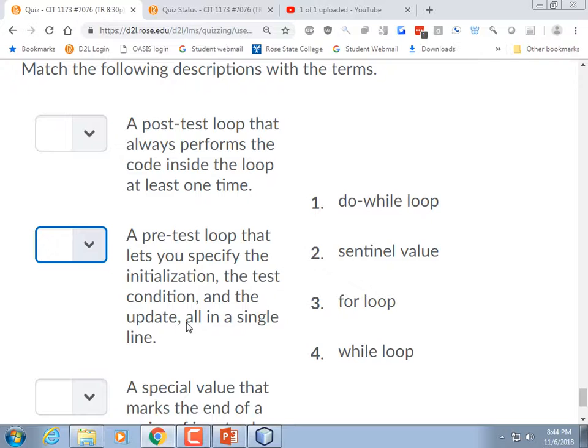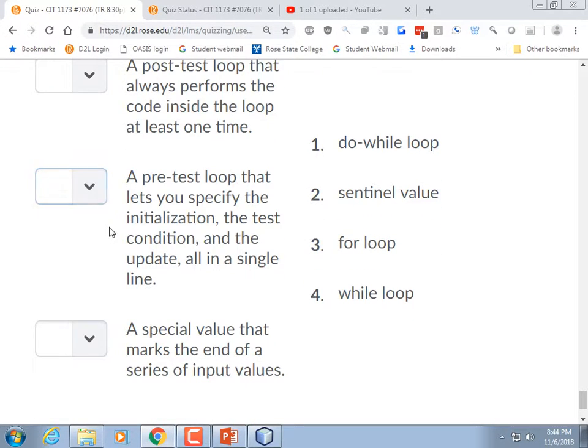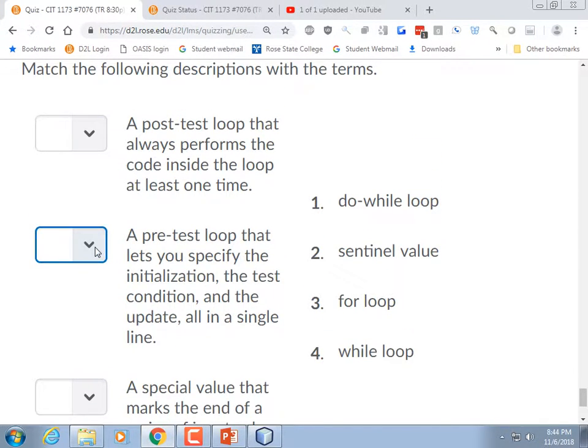All right, lots of people chose while for this one. And I know why you did it. A pretest loop that lets you blah, blah, blah. Well, we know what a pretest loop is. It's a while loop, so I'm going to choose for, and you don't get credit because this